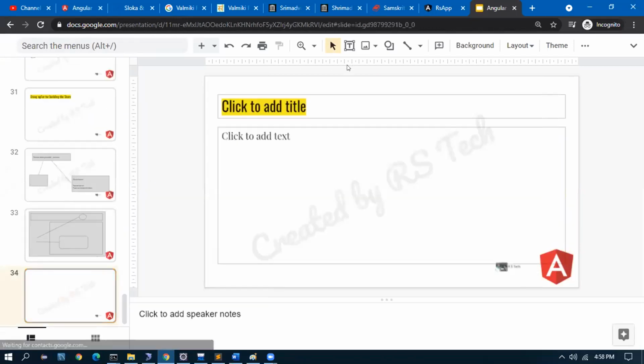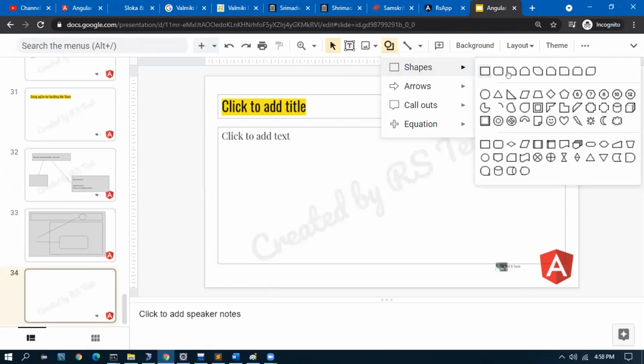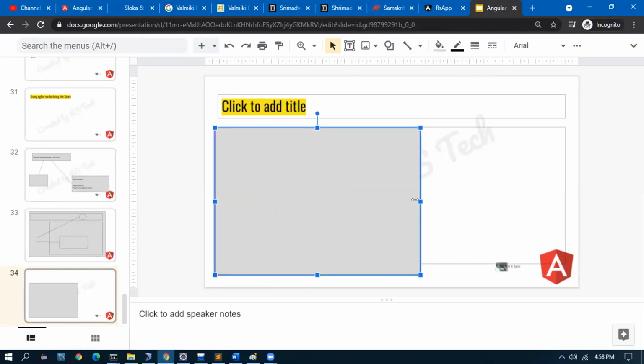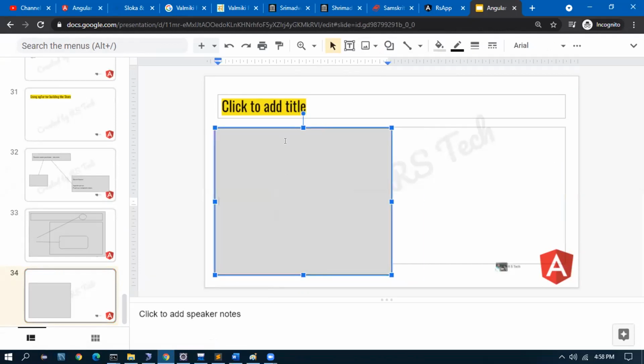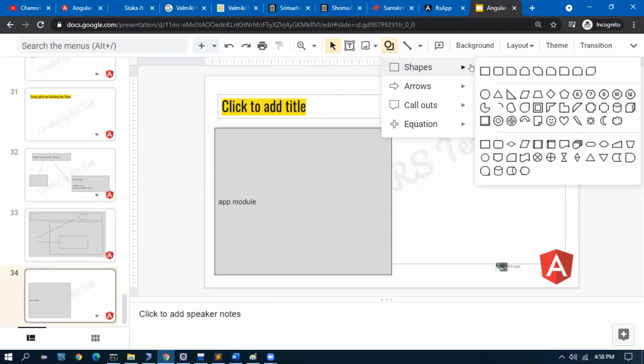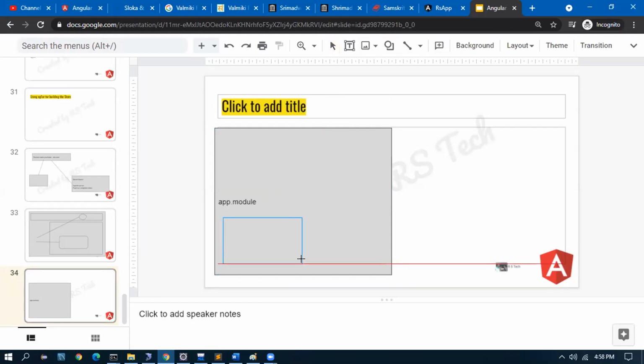Okay. So you are aware that we had one app module, app.module. Any component which was created in the application was registered in the app module, correct?